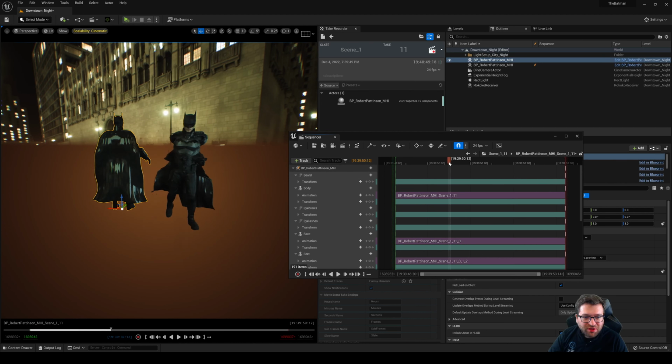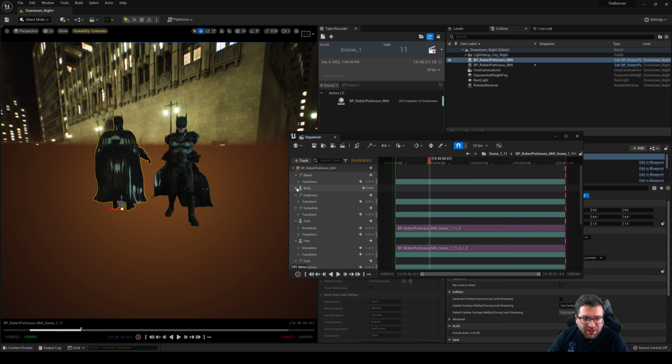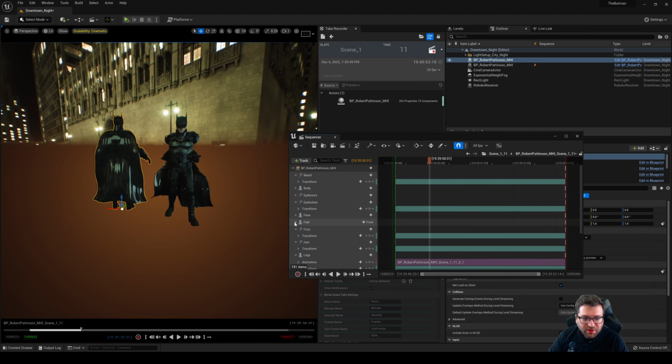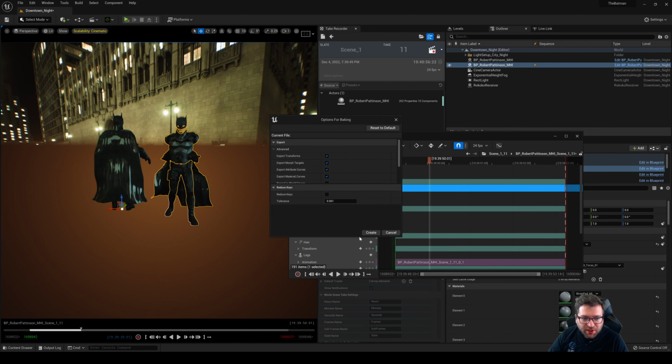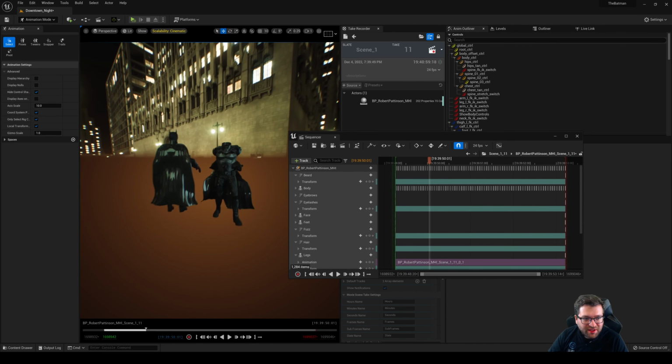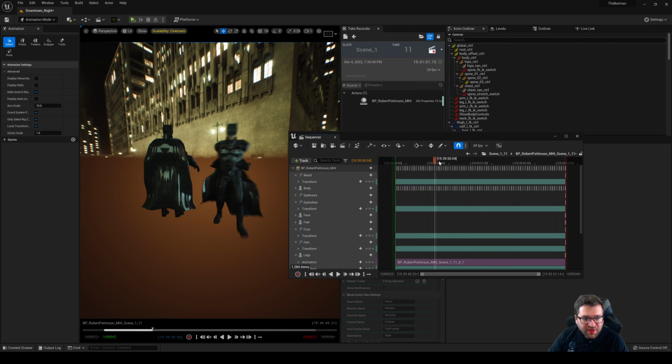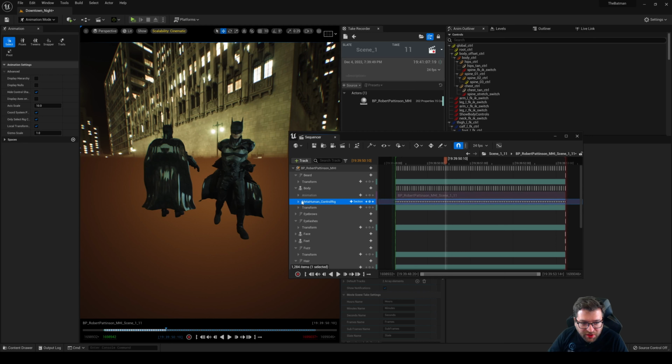But I just want to show you the feature of baking this to the control rig. So let me just do that really quick and just accomplish the task that I wanted to accomplish. And so now if I looked at this and come down to body, you can see there's Metahuman control rig. And if I disable game view